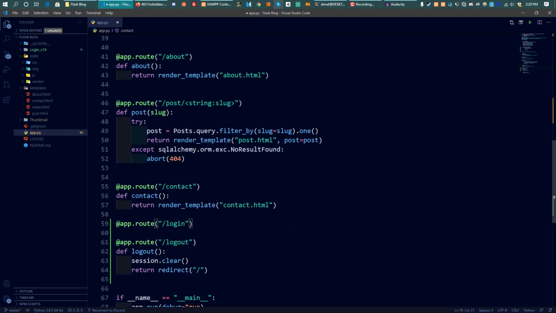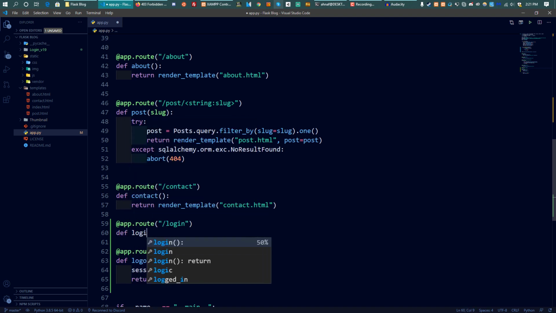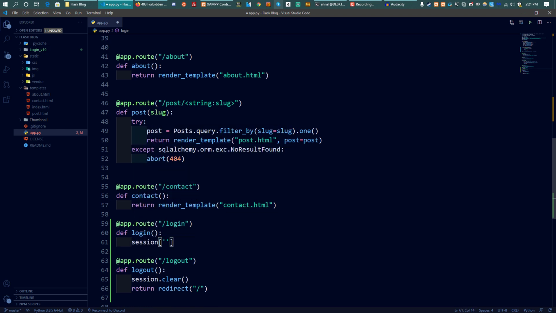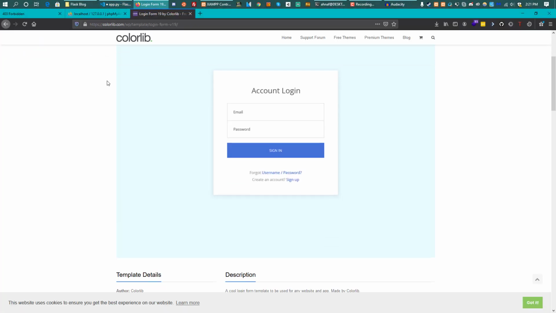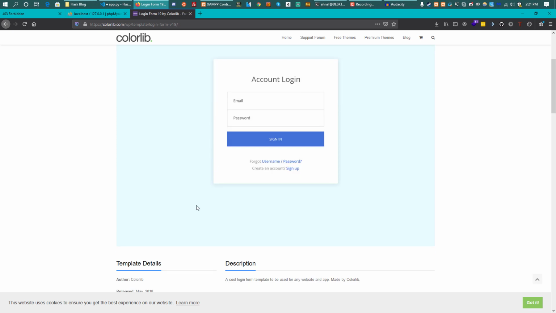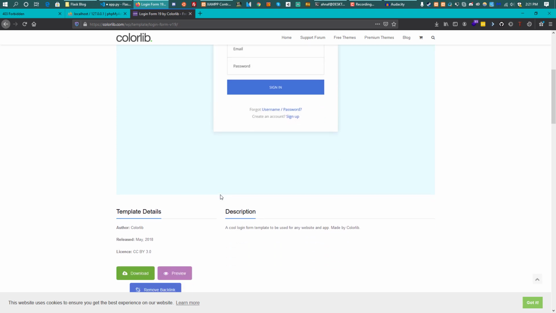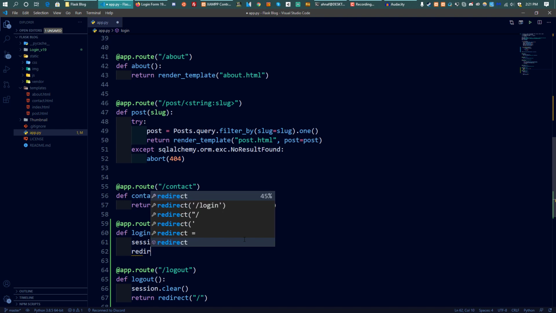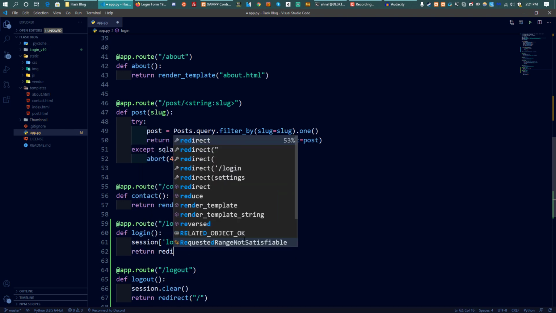/login and def login. For now, I'm just going to be implementing a system where it literally logs you in automatically, and then I'm going to be using a template I found online. So this is the template that I'm going to be using for the login form, because I don't want to make my own login form now. So account login and logged in equals true, and then I'm going to return a redirect